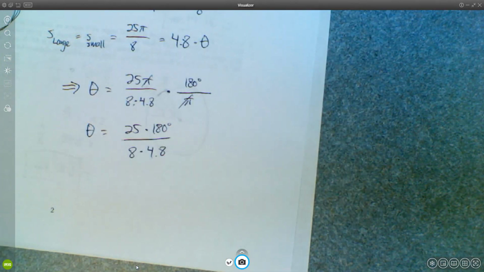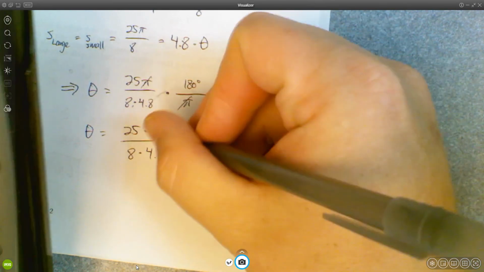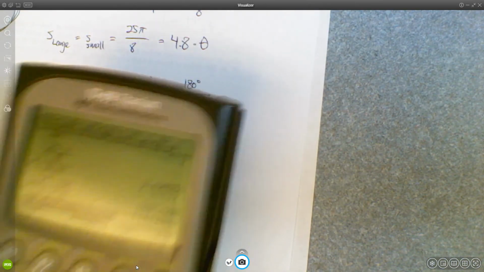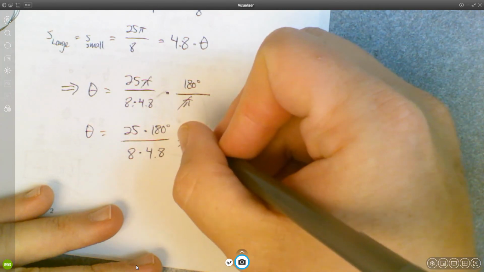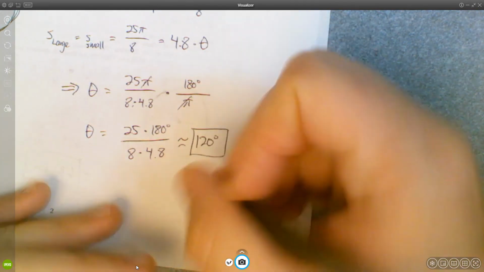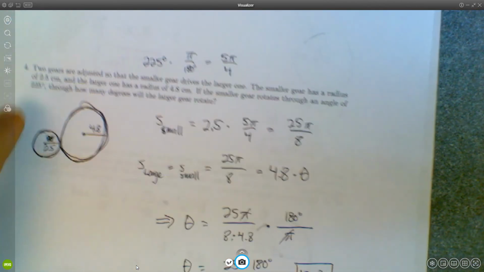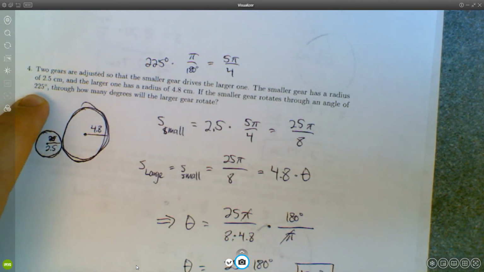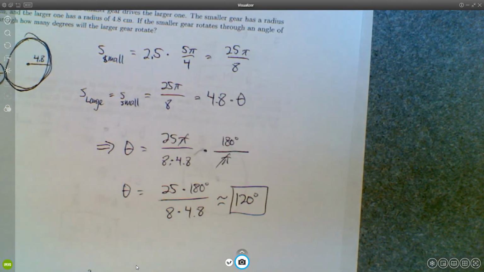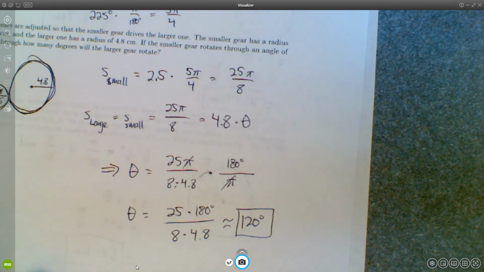So let's go ahead and round this one now to, I think, 2 sig figs. So we're going to have 25 times 180 over 8 times 4.8. So I'm getting 117.188, but to 2 sig figs this would be 120 degrees, right? So if the small gear has to go through 225 degrees to move the large gear the same distance, then the large gear would go through a 120 degree rotation. Okay,